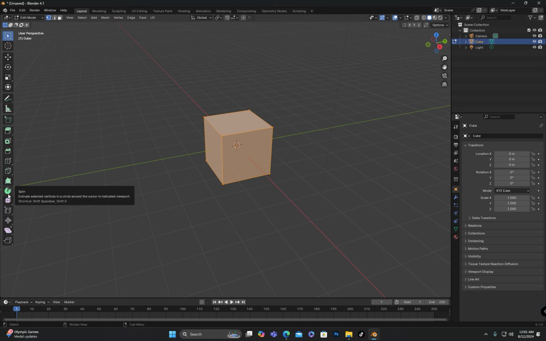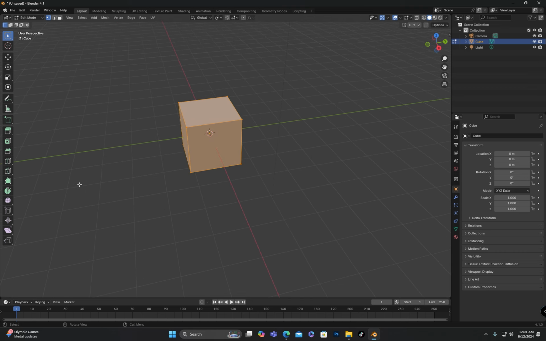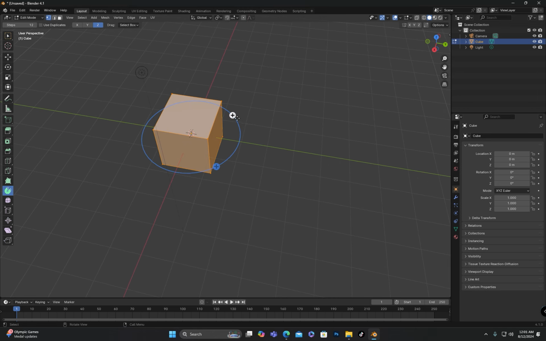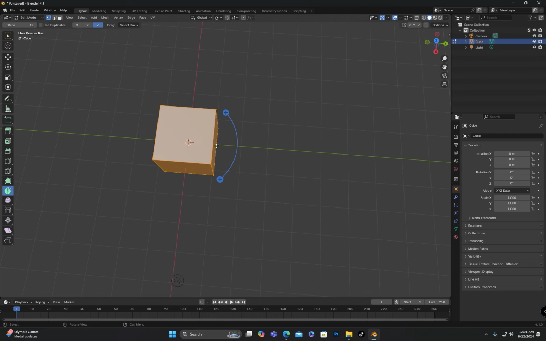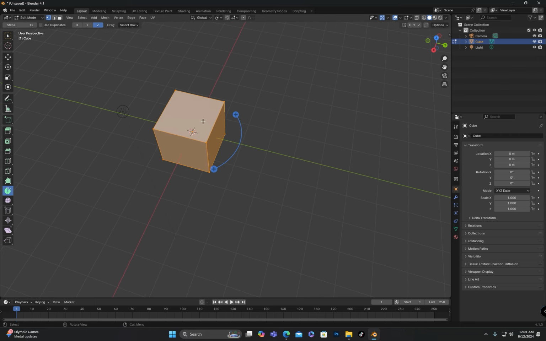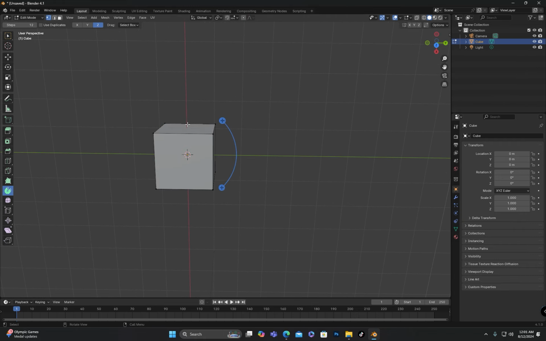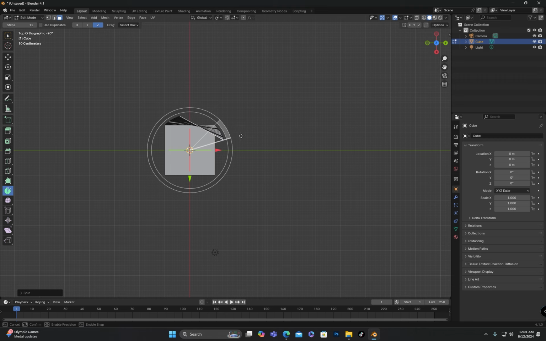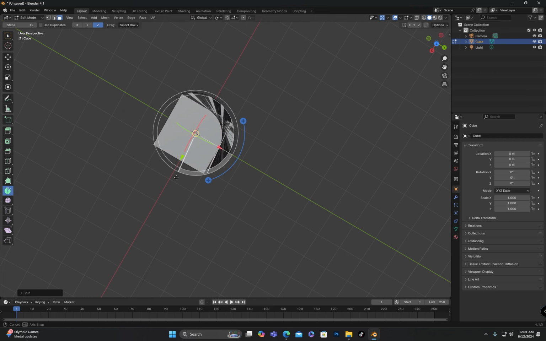When you enable the Spin tool in edit mode, you will see a circle icon around the 3D cursor on your screen. By default, the Z-axis is selected, so the shape is being created around the Z-axis. When we select a face and click here to spin it, the face will rotate and new geometry will be added as well. For example, if I select this face and rotate this icon by clicking and dragging on it, the face will rotate as well.